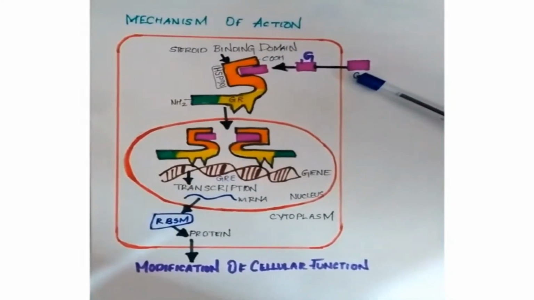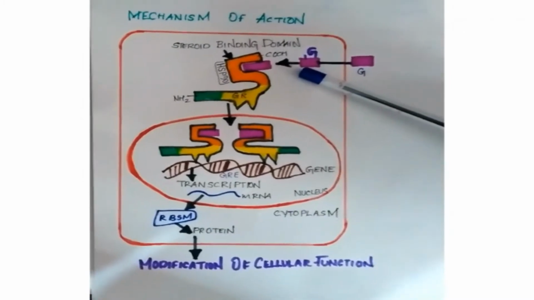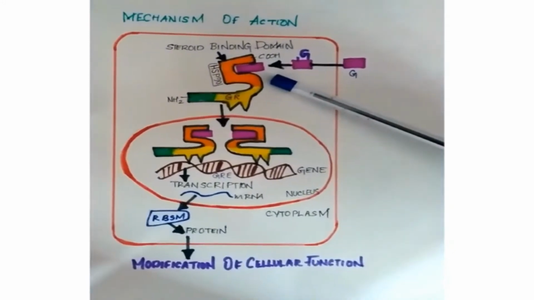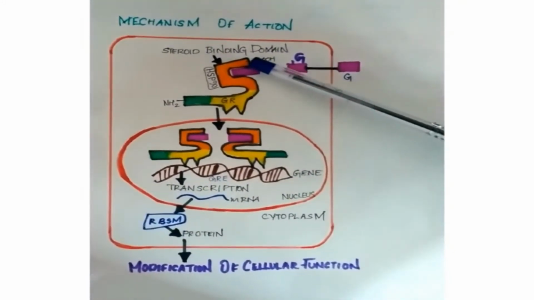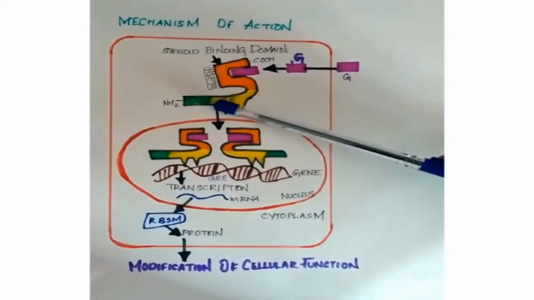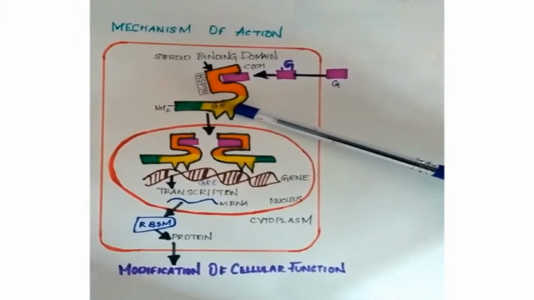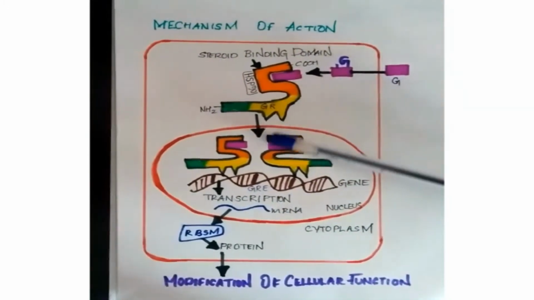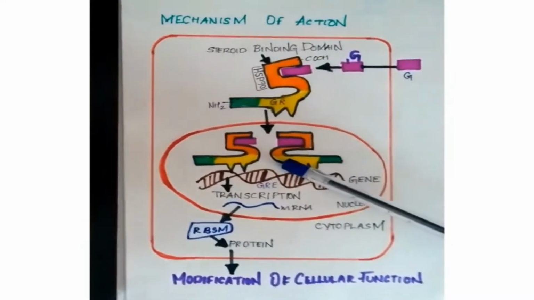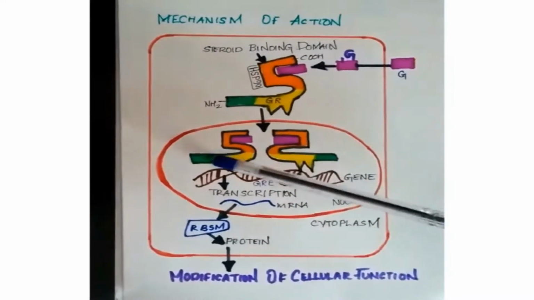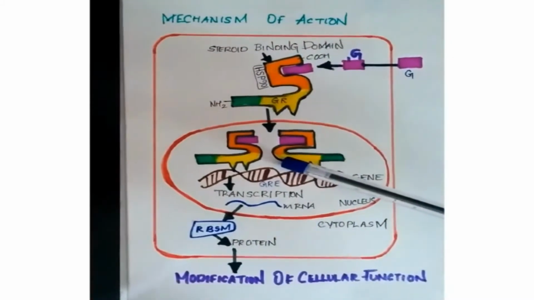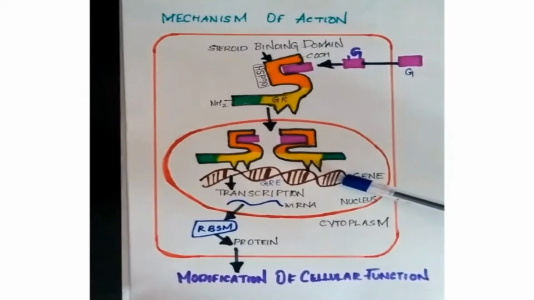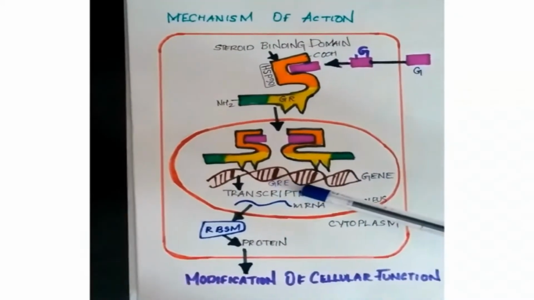These glucocorticoids penetrate the cell membrane and bind to the glucocorticoid receptor protein that is present in the cytoplasm. This glucocorticoid receptor has a steroid binding domain and a mid-region, that is the DNA binding domain. Structural changes occur in the steroid receptor complex that allow it to migrate to the nucleus. That is, this steroid bound receptor gets dimerized and translocated into the nucleus, and it interacts with the specific DNA sequence which is called the glucocorticoid responsive element, that is the GRE.